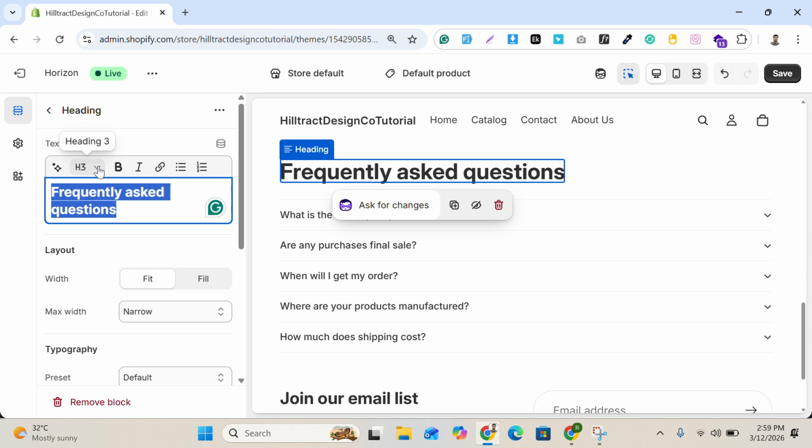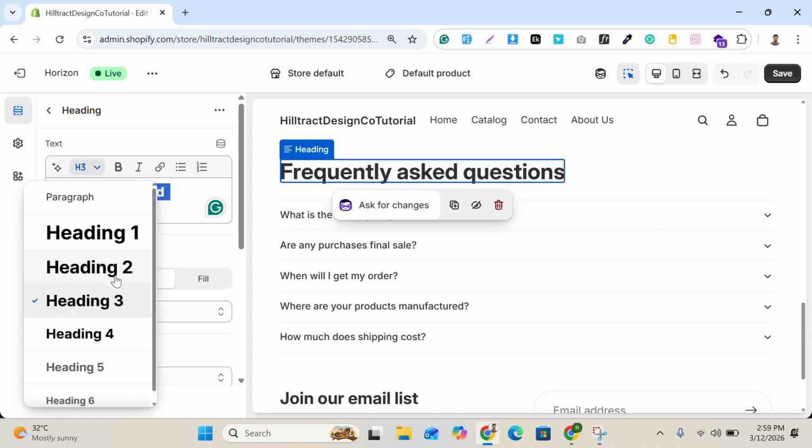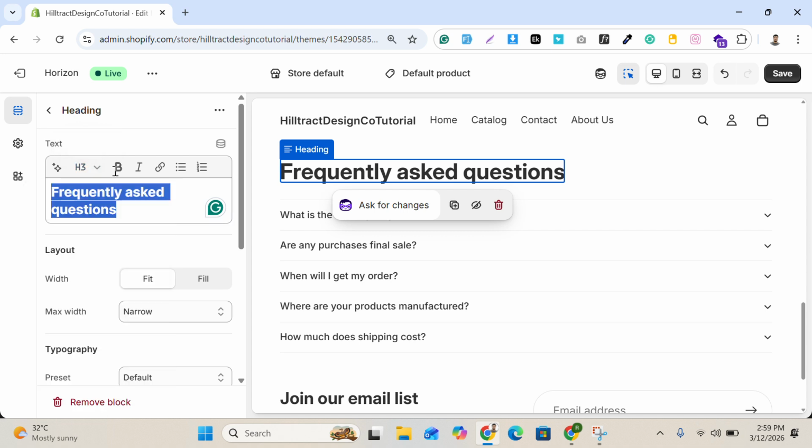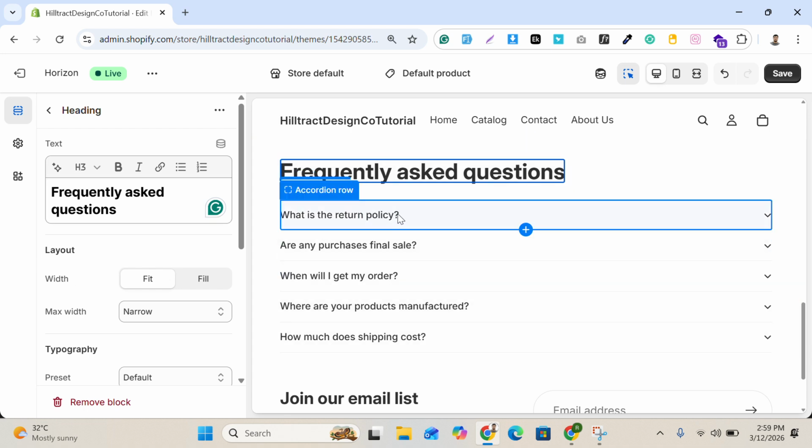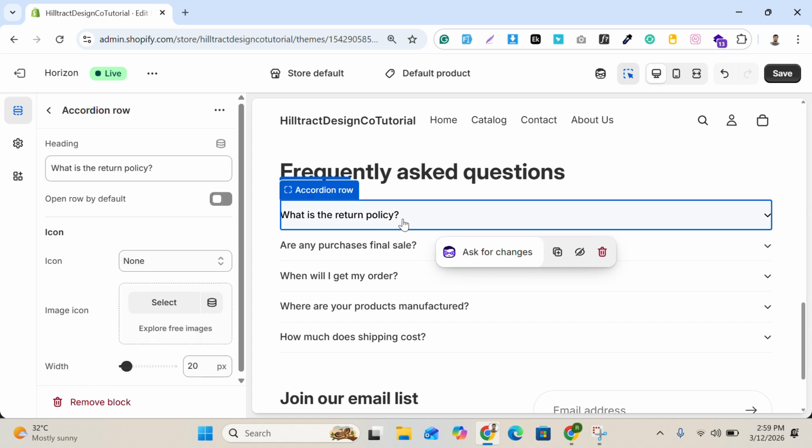You can also change the heading 1, 2, 3, 4, 5, 6, etc. You can make it bold or not. You can make it italic. You can also put a link here. You can list it, everything. Okay, if you want to change the question, click on the question, and then from here you can change